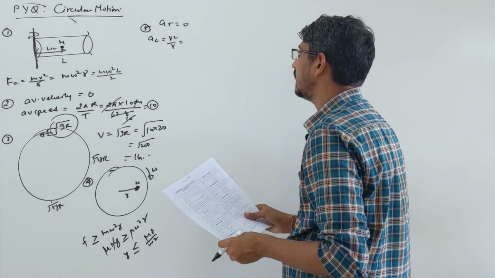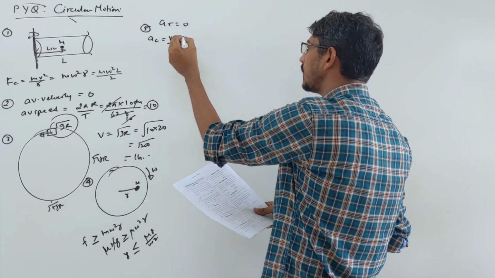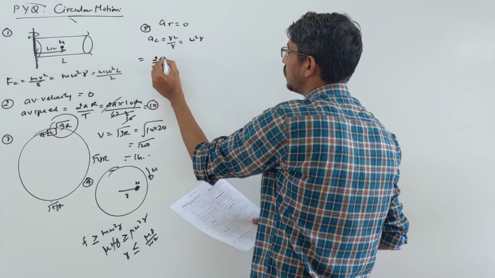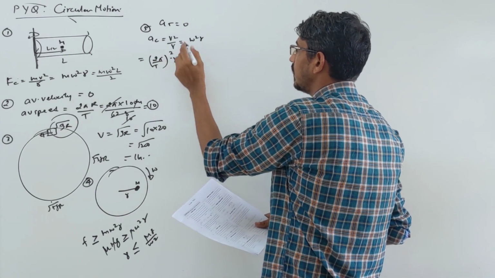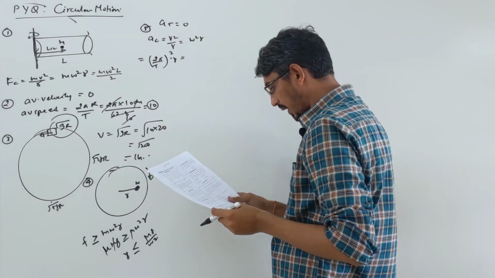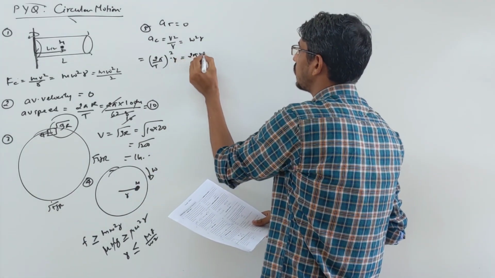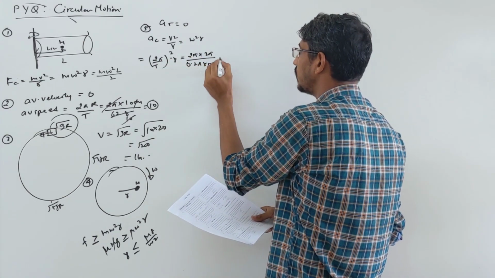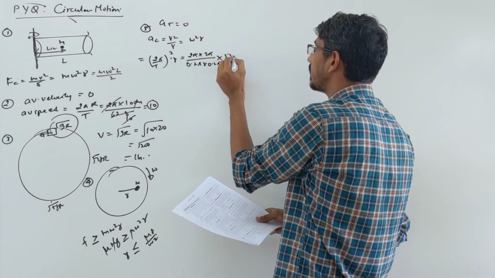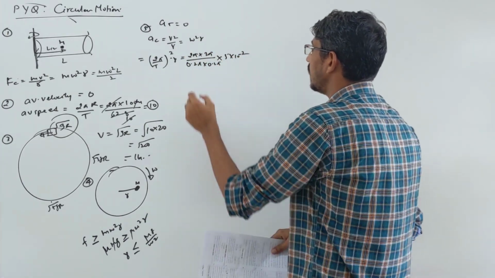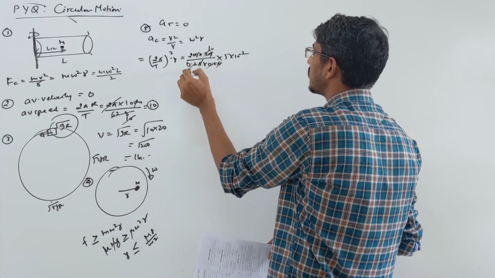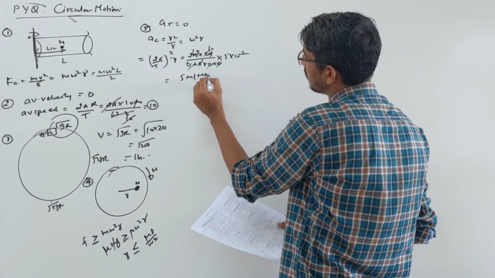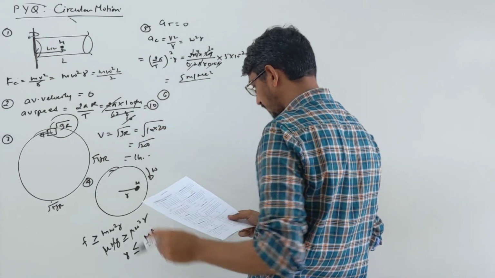No problem, you can calculate, right? So you can write omega square into R, and omega is nothing but 2 pi by T or 2 pi nu. Here time period is given, so I write omega is 2 pi by T. So all are given. 2 pi by time period 0.2 gives 10 pi, so 10 pi into 10 pi into radius, which is 5 centimeter, means 5 into 10 power minus 2. All the pi's cancel out. Answer we get is 5 meter per second square. That's your answer in the fifth problem.